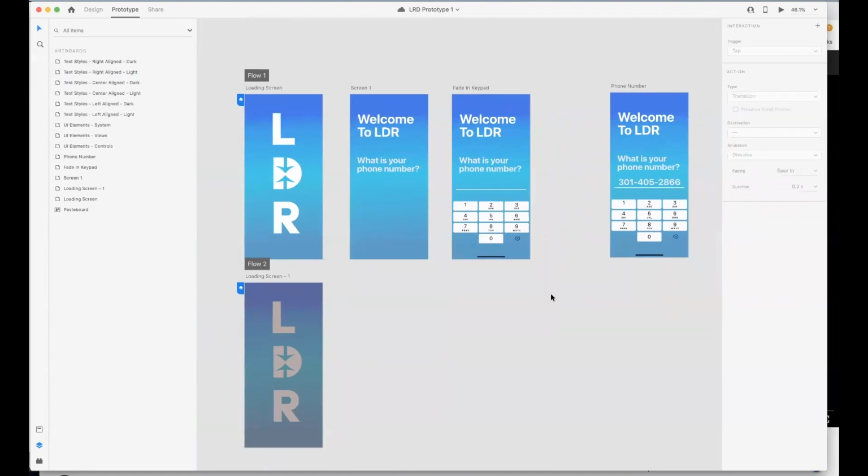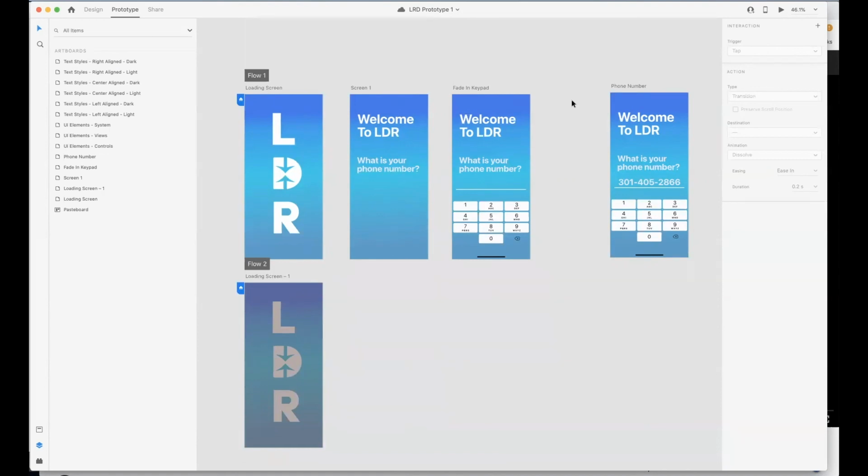So what I want you to do here is just get to where we are here, where we've got a couple of basic phone numbers. We will spend our next session really building out the rest of the prototype, and we're going to look at Divya's capstone project as well that used Adobe XD,